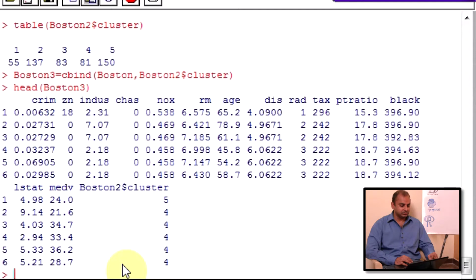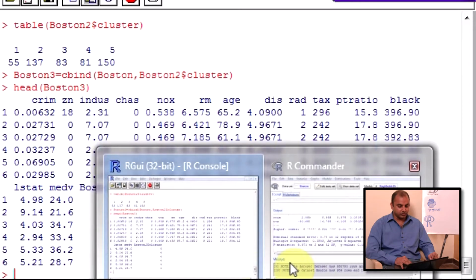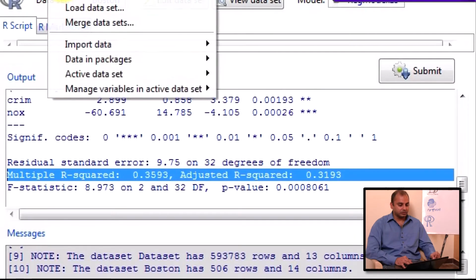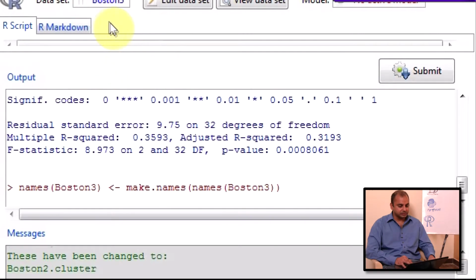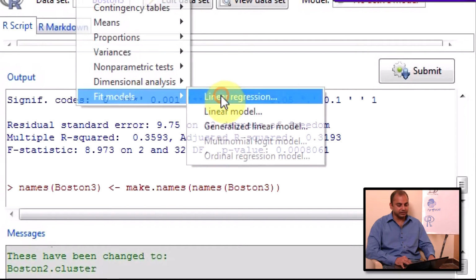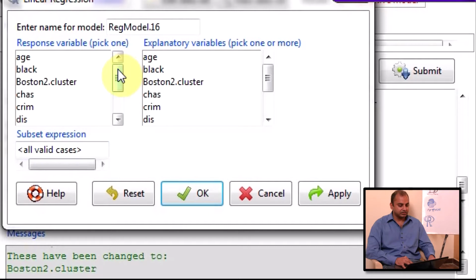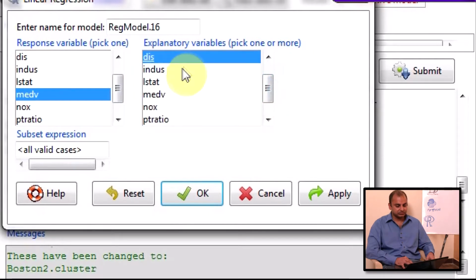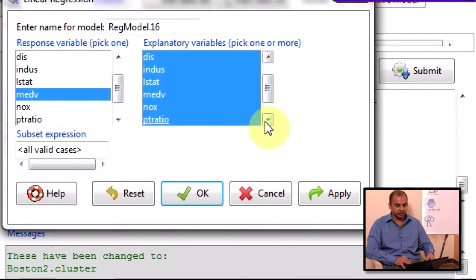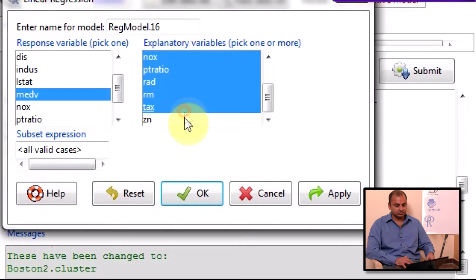Now when I do a model, if I go back here to data, select active data set Boston 3, I can do statistics, fit models, linear regression. We can find the response variable as MEDV, age, black, Charles, crime, dist. No, I can't put that as this because I should not.